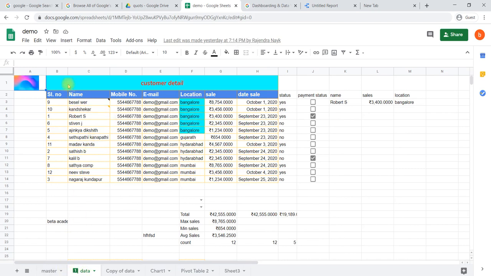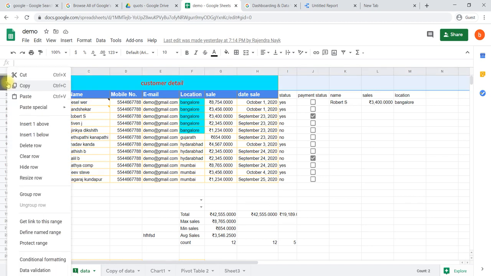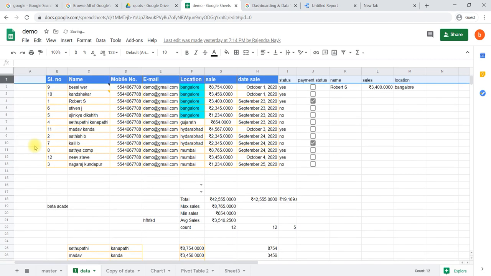The second sheet had data related to the customers, but it is not in a clean format. For Data Studio, if you are loading this particular data, you will not be able to analyze it. For Data Studio we need a clean format. For that, what we will do: the first row is unnecessary for analysis. This is not necessary for analysis. Select the first row, right click, delete row.